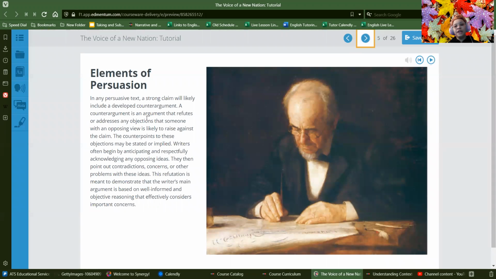So for the counter argument, they explain that a counter argument is when you refute or address objections that the opposite side might have to your argument. So the idea is that by addressing what people are saying is not right about your argument, you come out looking a little more persuasive. If you just ignore what other people are saying and keep talking about what it is that you want to push, what that shows people is that you don't understand both sides of the argument. You don't get why people are objecting to certain things, or why people have issues with some of the things